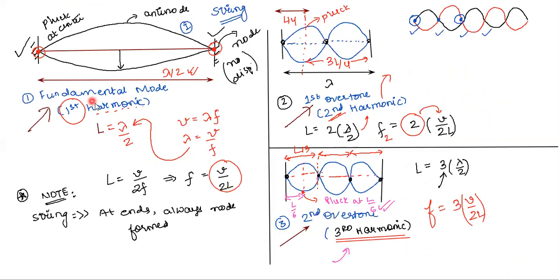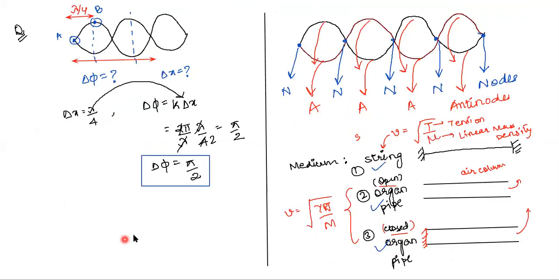I told that irrespective of the type of device or the type of medium you're using, the first mode will always be called the fundamental, the second mode will always be called the first overtone, and the third mode will always be called the second overtone. Then I told that in any standing wave, we have nodes and antinodes, and it is clearly understood using a diagram that the distance between any two consecutive nodes,